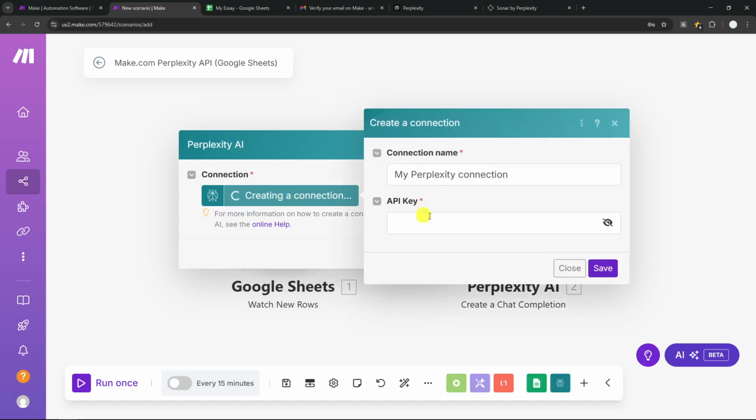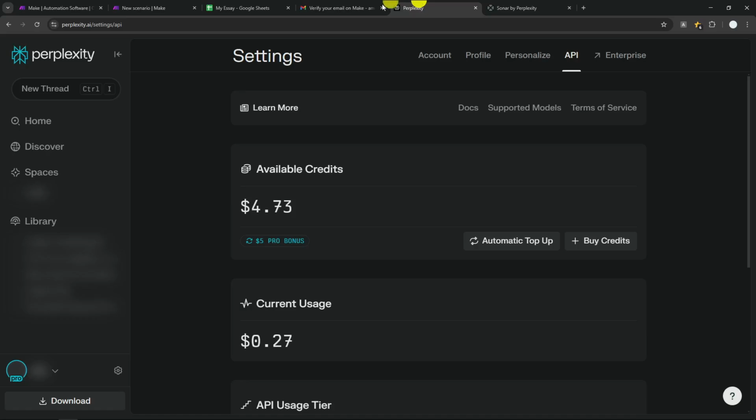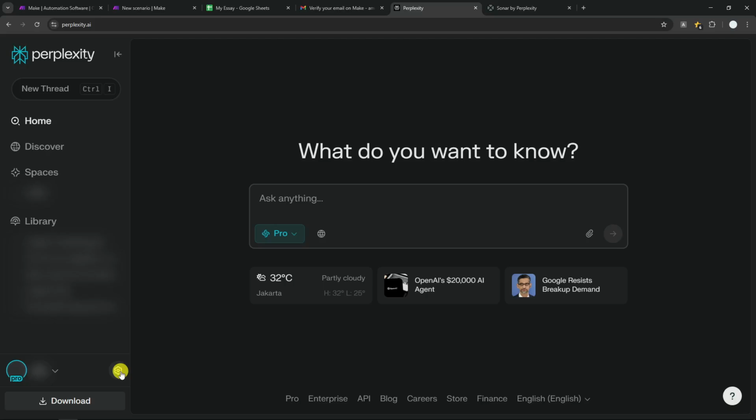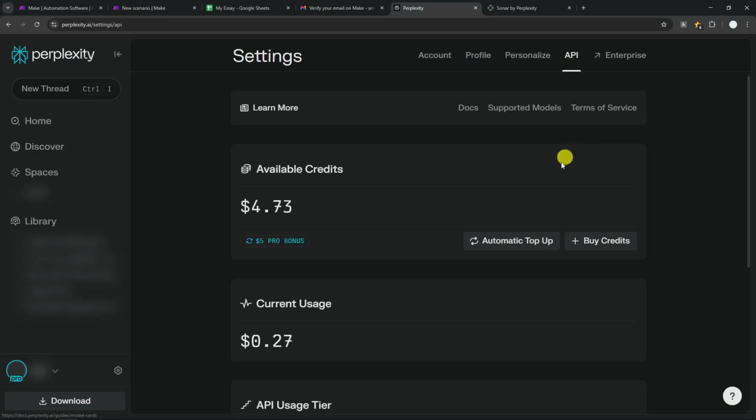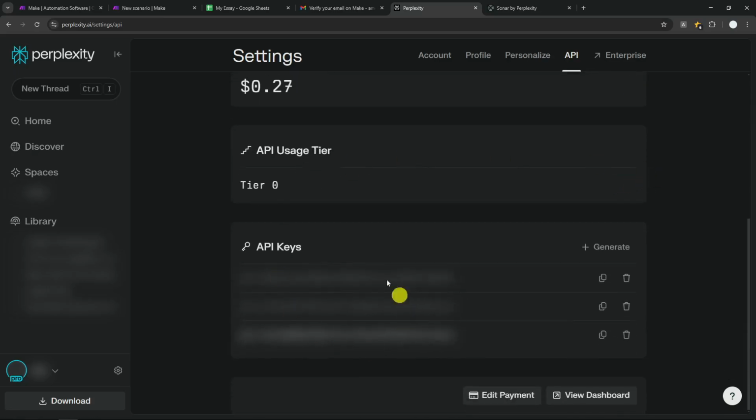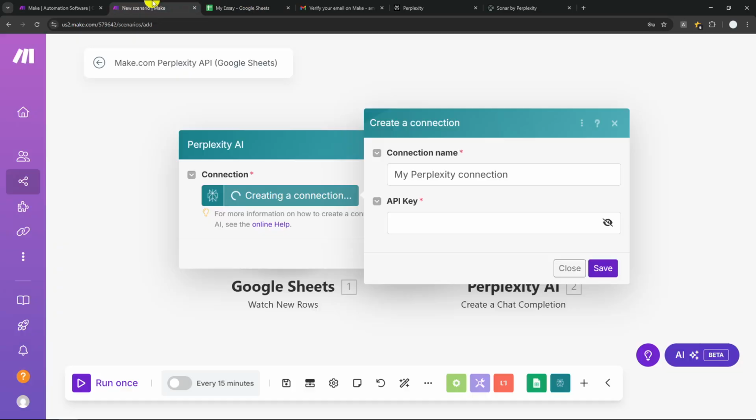And you just need to copy and paste your API key right here. Now, if you go to Perplexity, you can actually start from the home page and then click on this button that says settings, go to API and scroll down. I have some API keys. If you don't, you can click this generate button. But if you have an API key, you can just click on the copy button and then paste the API